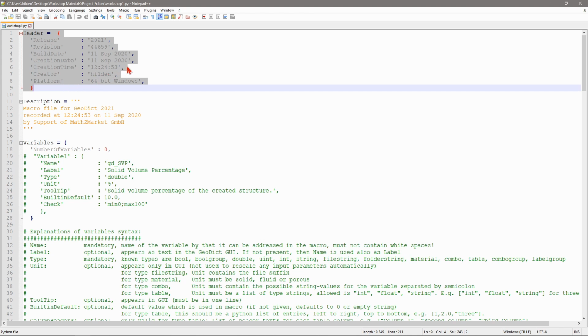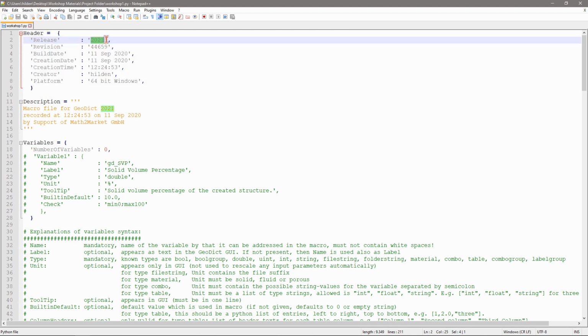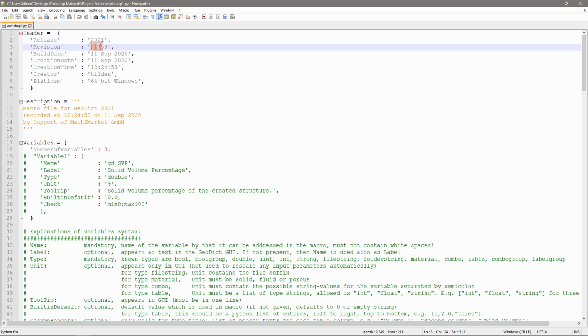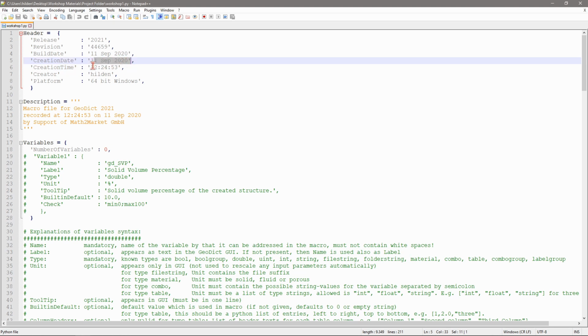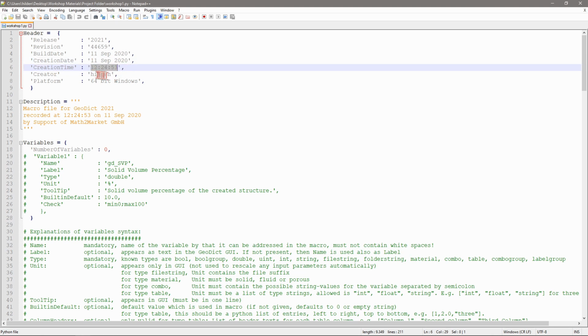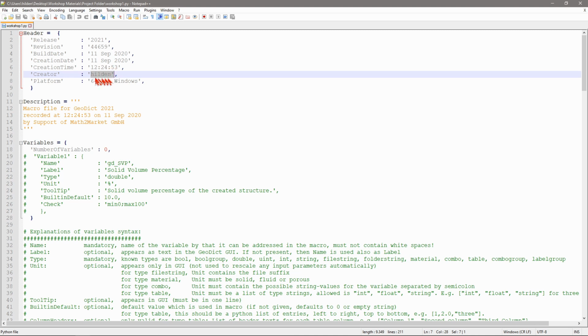It gives some information about the used release, which of course is now 2021, the used revision and the build date of the revision and the creation date of the macro, the time that it was created, who created it, on which platform it was created.